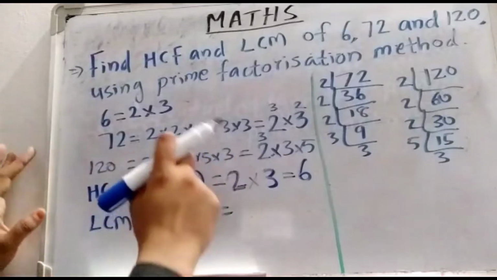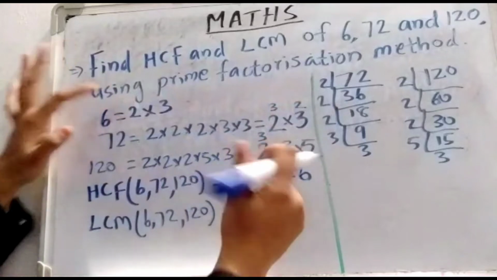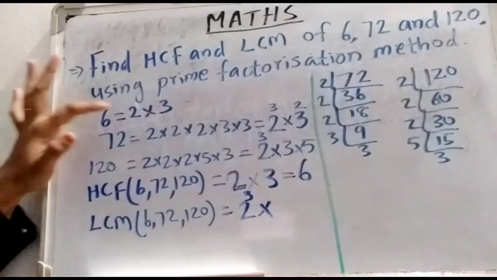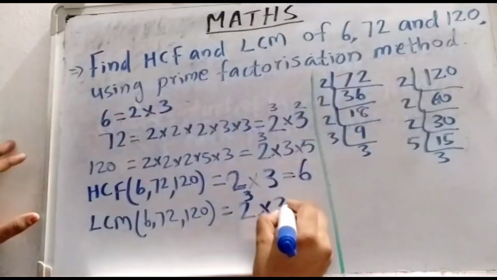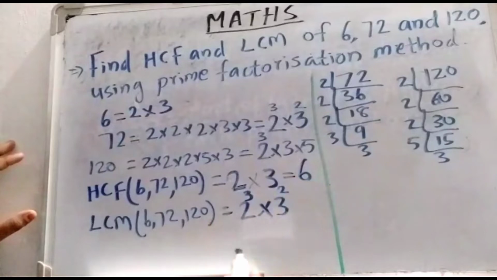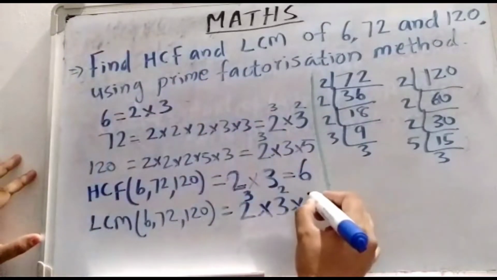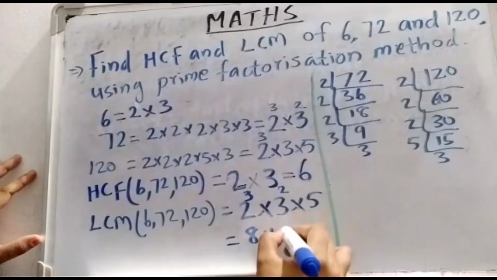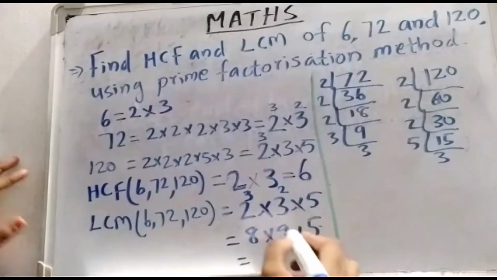For 2, the greatest power is 2 cubed. For 3, the greatest power is 3 squared. There is no 5 in the first number, only here, so select 5. So 2 cubed is 8, 8 into 3 squared, 9, into 5. That is 8 into 5, 40,